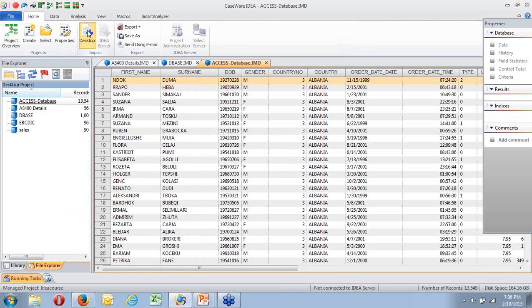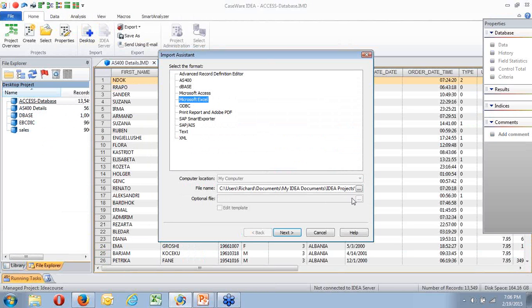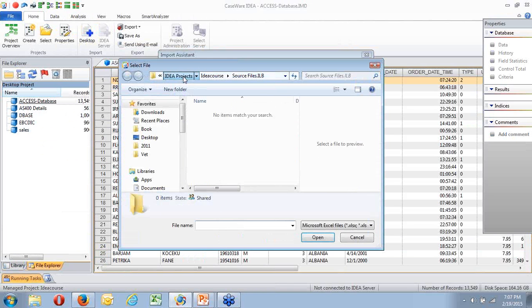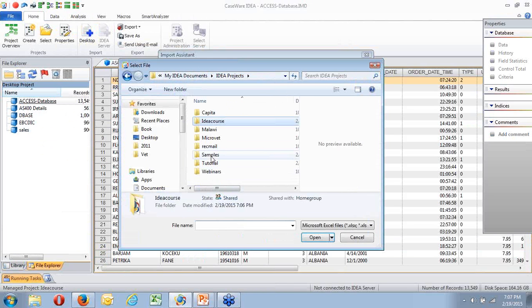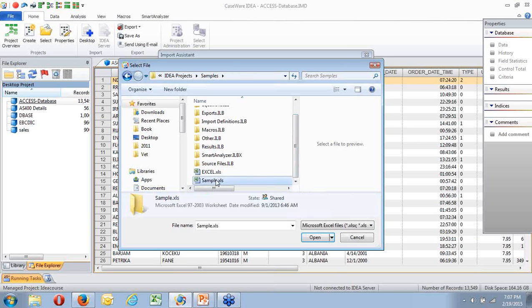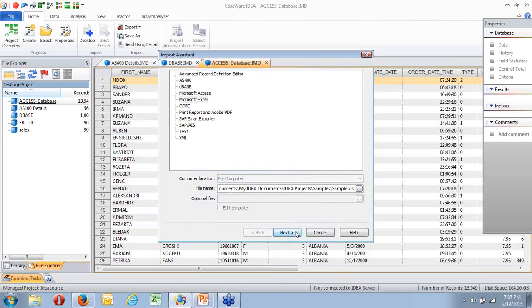If I import that, I'll bring it in from Excel, as per the one that you've got on your sheet, which is bring it in from our samples file. And on there we have one called sample. I'll bring that in.